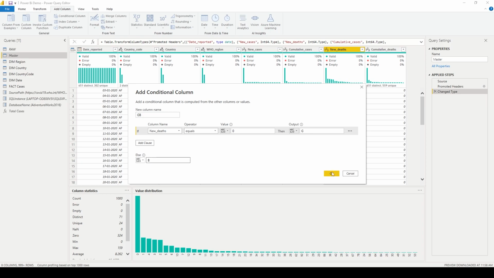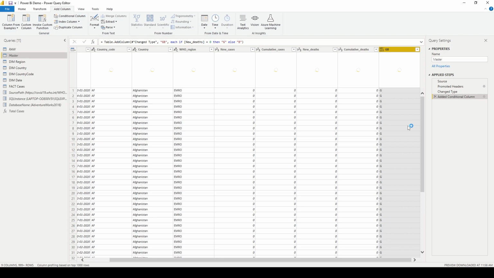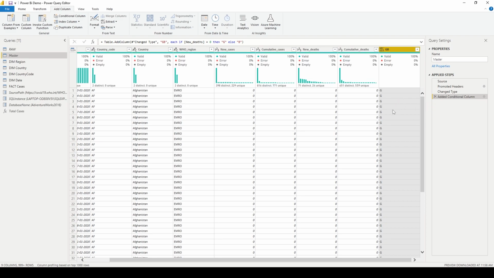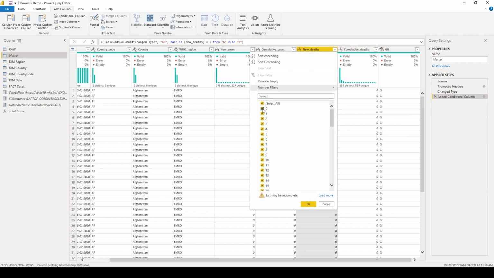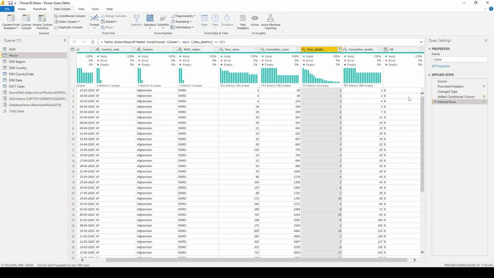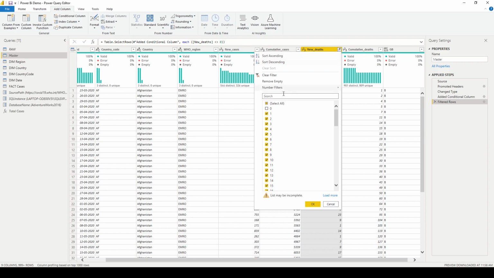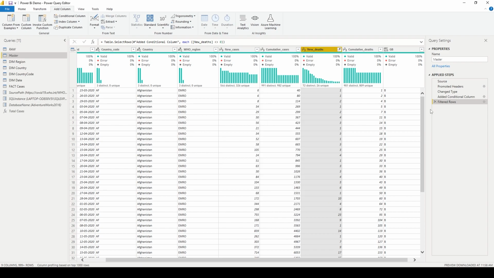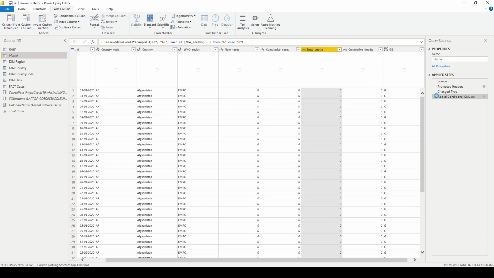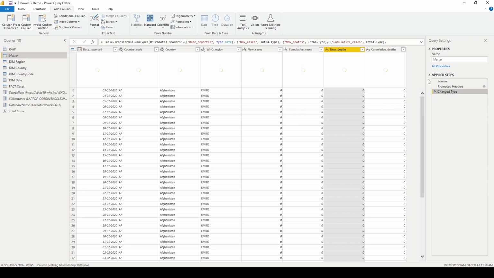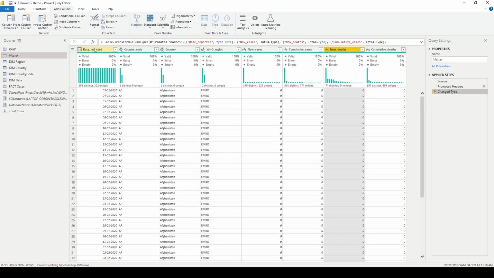So this is one way of giving this condition. Now if we click OK, see the GB column, wherever it is 0, it is G, and in the cases where it is not 0, it's B. So that's that. Now I'm taking back all those changes, and now let's look at